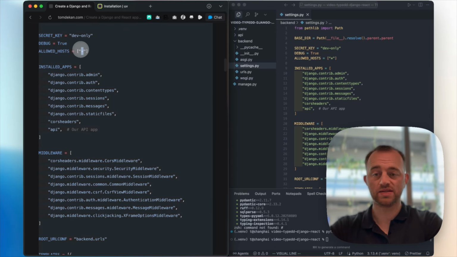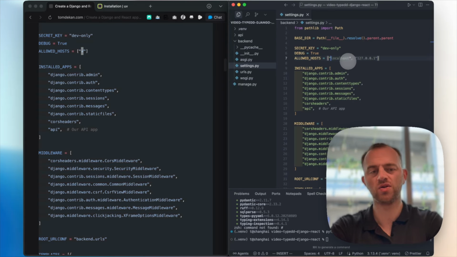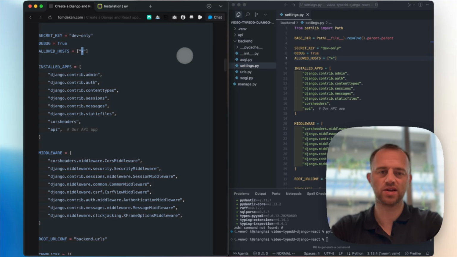Allowed host, we'll just set it to star. That's not good practice. You'd want to set this to localhost. Maybe I could actually just set this to localhost. It's fine, let's just set it to localhost. No, I'll just leave it as is. But you would want to set that to localhost or to whatever your domain is that your front end is